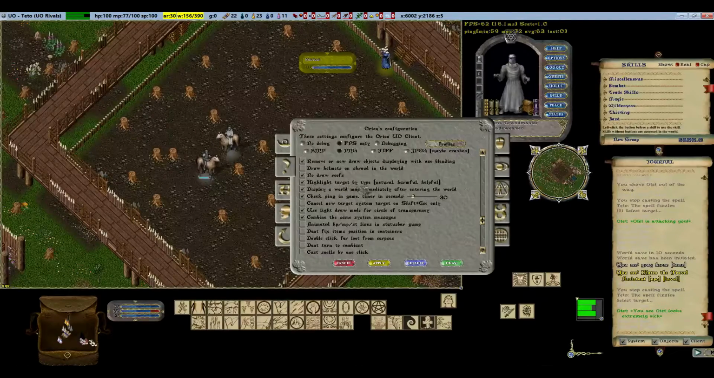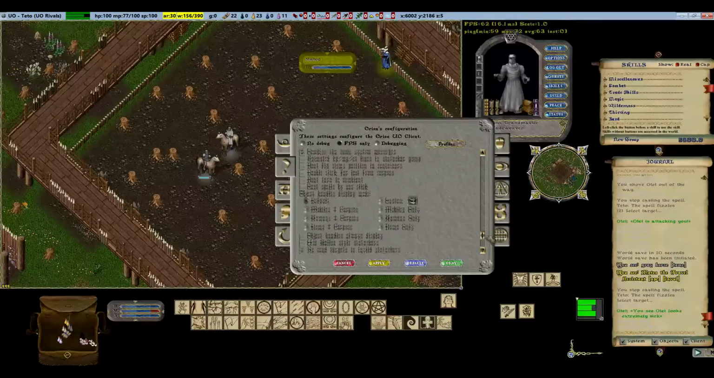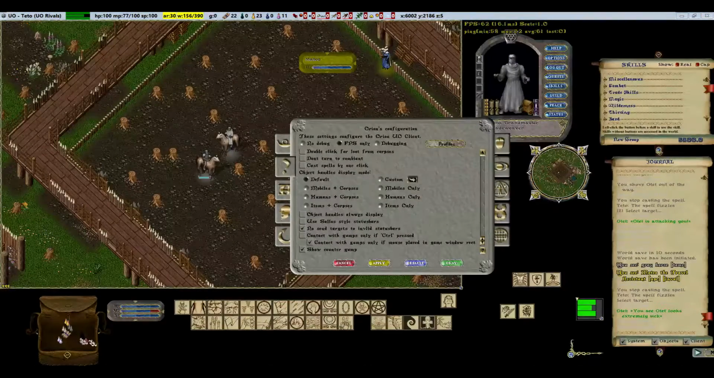Highlight target type by neutral, harmful, and helpful. I have that checked as well. And then I have check ping in-game timer as well. And that's in this upper right-hand corner. You can see your ping. Just always helpful to have this information. That's about it, I would say, for required